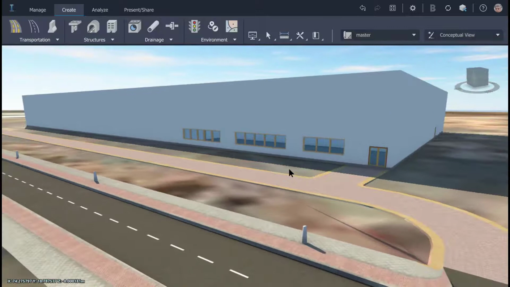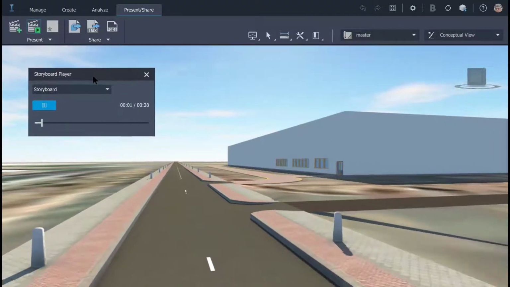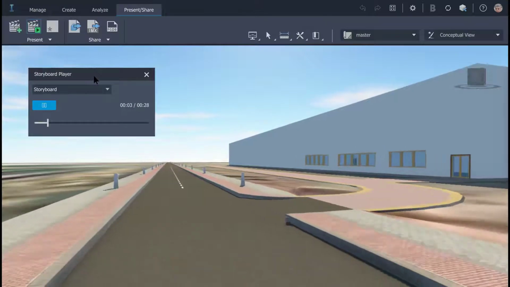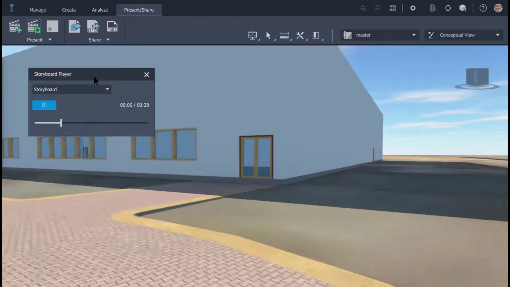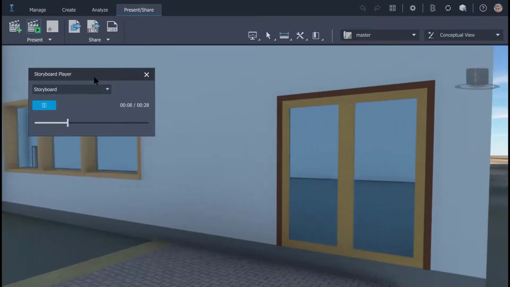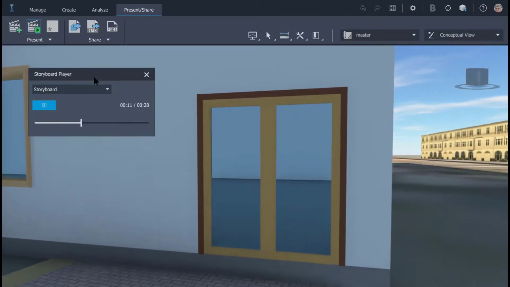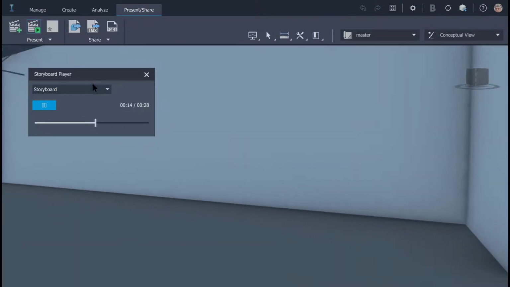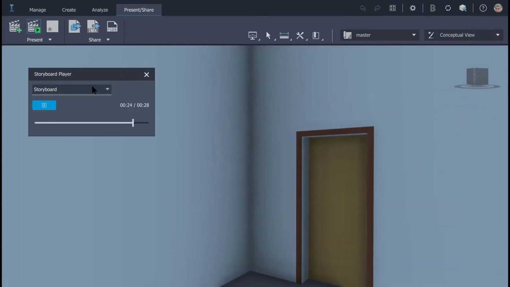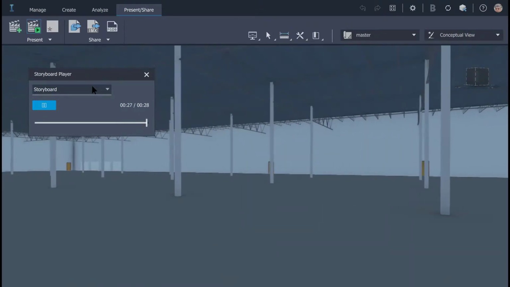Now my factory is in place, and let's look at a small fly through as I approach the factory. So I am now walking towards the factory right inside the main door, turning in to locate the road to the shop floor. So this is it, and finally I am inside my factory. Well, there are no machines and equipment yet, and that is what you are about to see in some of the next steps.